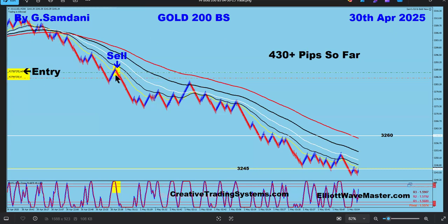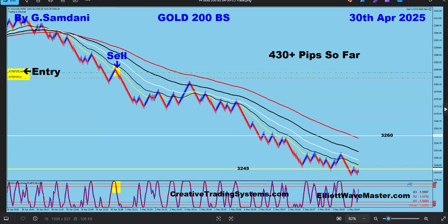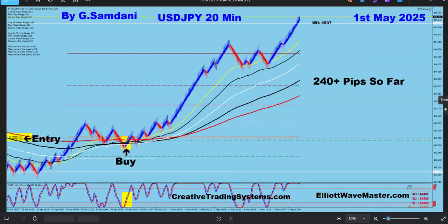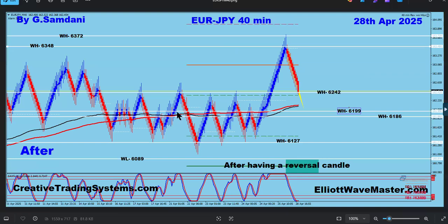And look, beautiful entry. The arrow shows that the entry was there, and 430 pips. Even before that, there was another gain. This is a gain on the 30th, 300. I think that's the same thing. It's an Omer trade, and the other one is my trade, right? So a lot of trades this week. This was all yen, all yen.